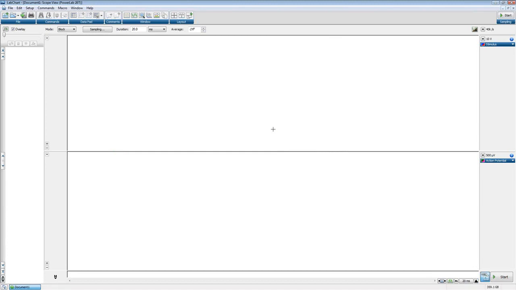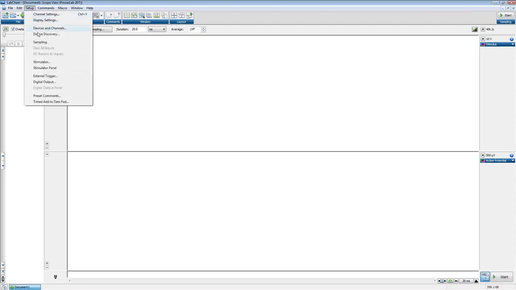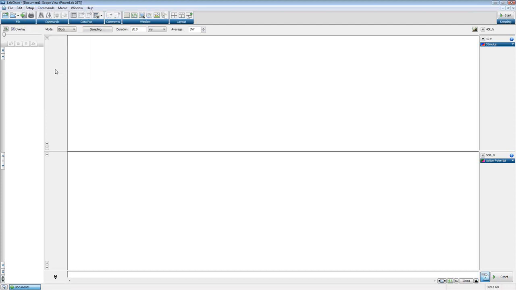We'll be recording here in the scope window in LabChart for Windows here, and we will need to bring up our stimulator panel. So the stimulator panel here can float just like we saw in LabTutor, and I can enter my pulse height, make sure my stimulator is turned on, and now when I click start,